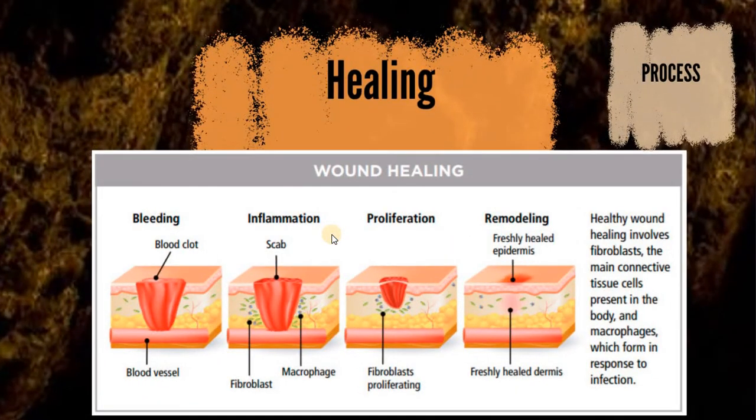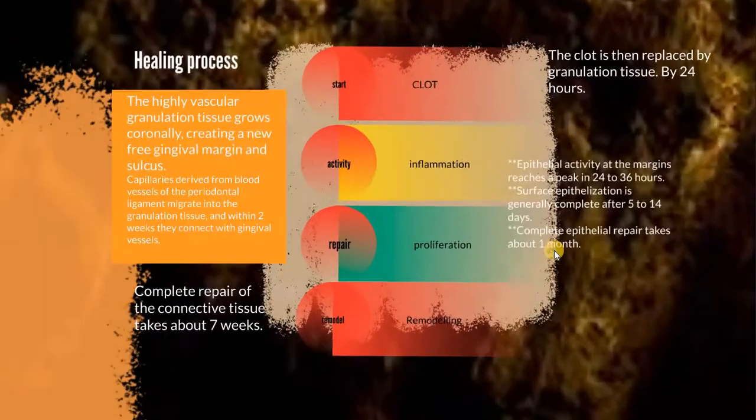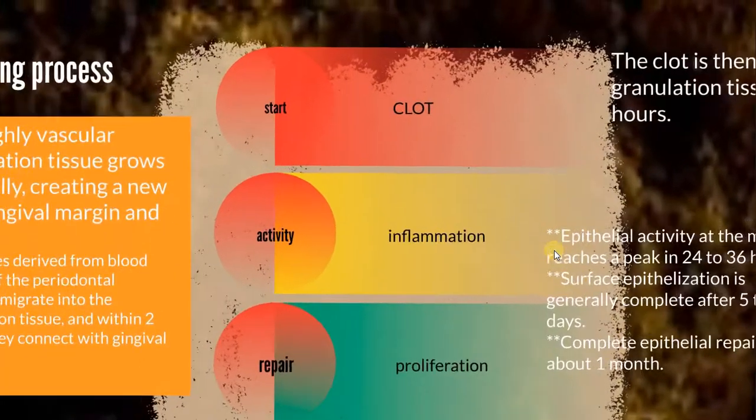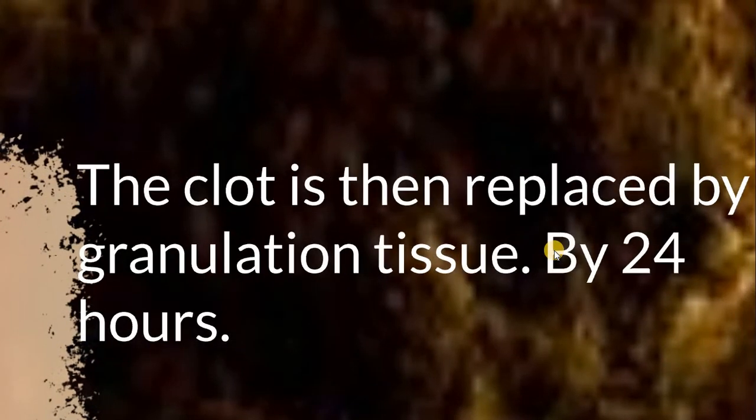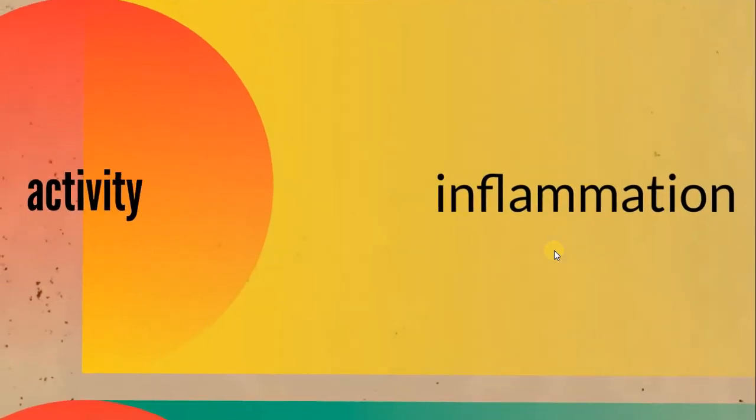Regarding the healing scheme, we have 4 healing processes. We have first of all bleeding, then inflammation, then proliferation of the fibroblasts, then remodeling. The first step starts from the clot, and the clot is then replaced by granulation tissue within 24 hours. Then inflammation,